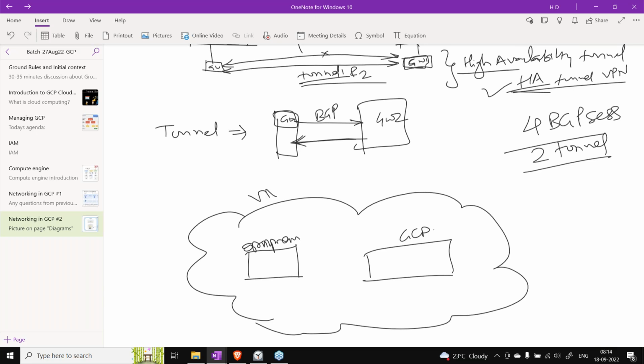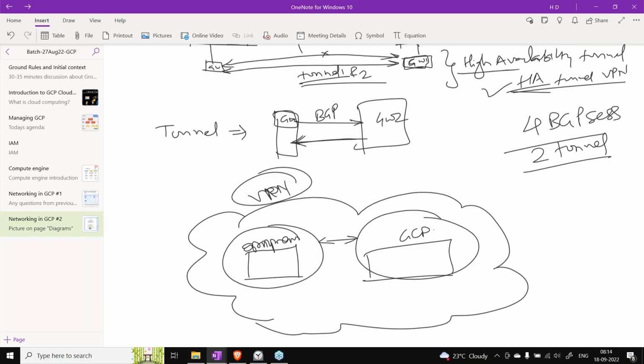We create this VPN connection. So what happens is, GCP and this VPN understand each other, like they are in the same private network. Now everyone is working from home. Most of the people are working from home. How do they connect to their office related tools or portals, right? They have VPN, office VPN.